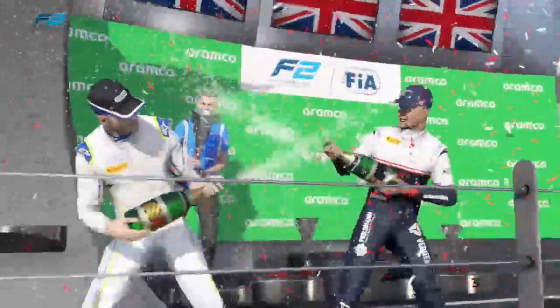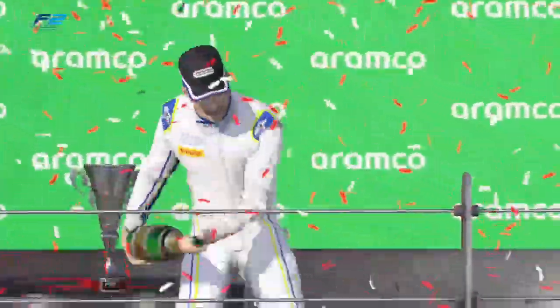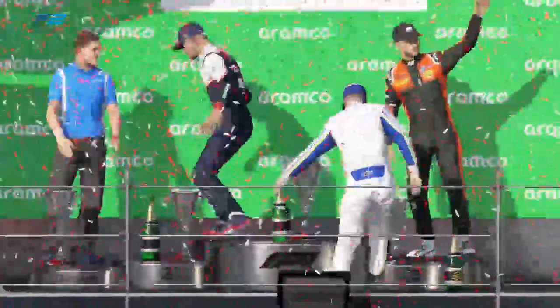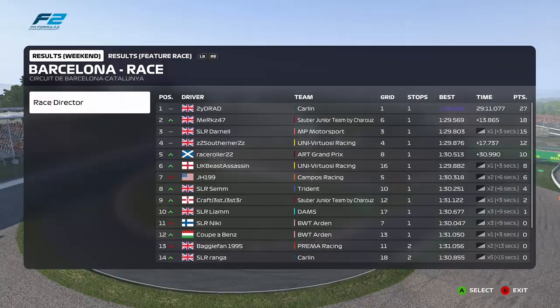Another 25 points in the bag, plus the 2 for the fastest lap and the 4 points for pole. Zydrad is really putting his stamp down on this F2 division with yet another win. Merckx comes home P2, very good drive from Merckx. Darnell is 3rd, so Darnell just losing out after penalties, but again, he had a very solid drive to come